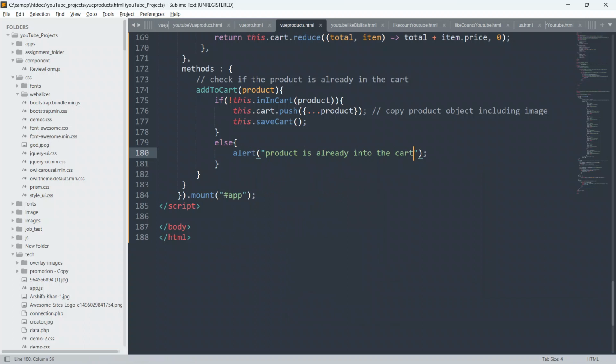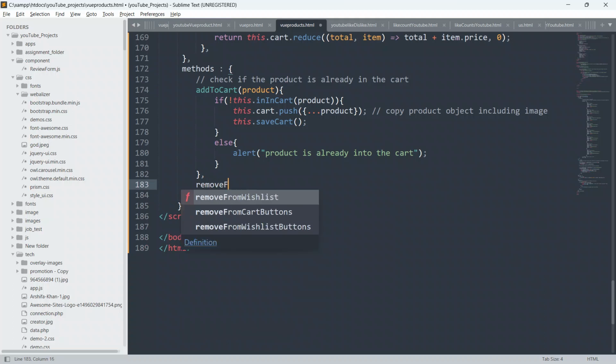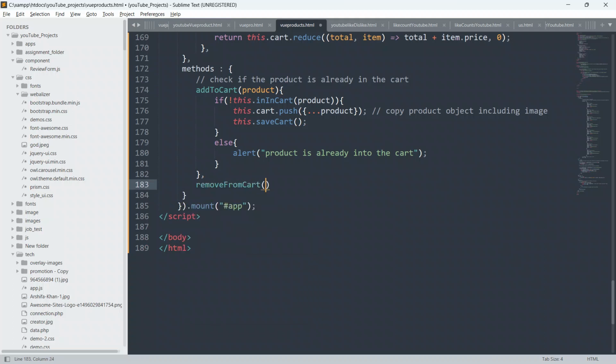Now we have to create remove from cart. So after add to cart, give a comma, and we have to create another function, remove from cart.